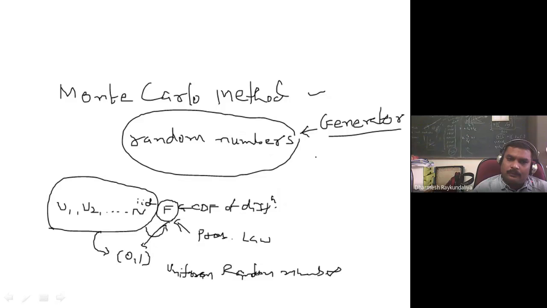generator is required. Random number generators are mainly useful to generate a stream of random numbers u1, u2, u3. They are IID and follow a specific distribution. If this distribution is uniform, then the stream of random numbers is generated from the uniform distribution. But why do you require a random number generator? Because if you wish to do random experiments on computers, nowadays people are using the Monte Carlo simulation methods,